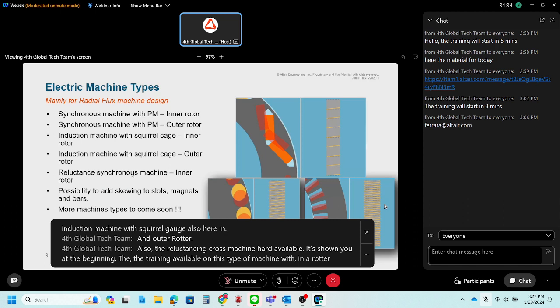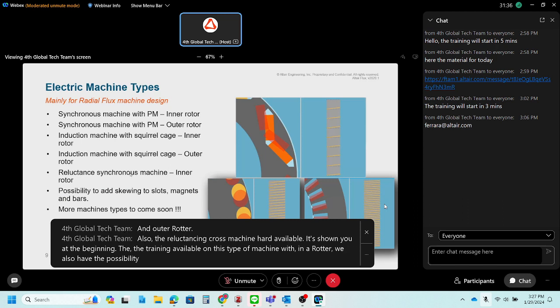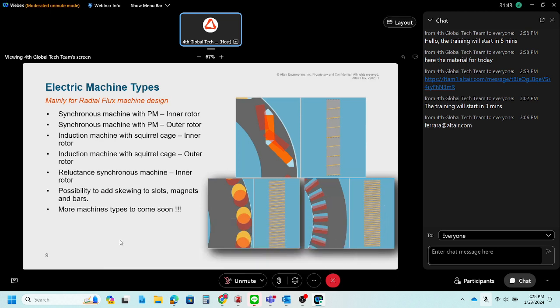We also have the possibility to add skewing to the slots, to magnets and bars. And yeah, for sure, more machine types to come soon. The R&D team is working on the wound rotor topology. So I think that this year it will be available. I don't have specific data, but I'm pretty sure that by the end of the year,